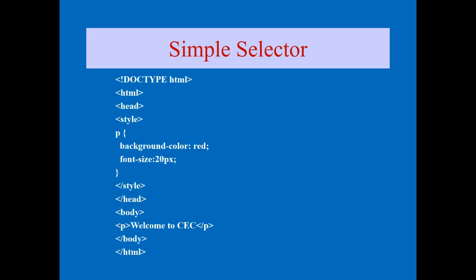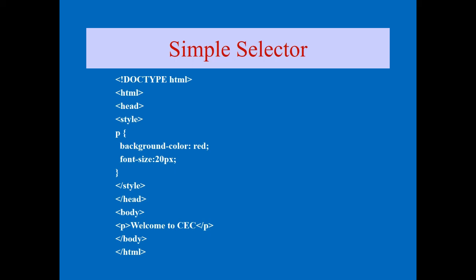This is a very simple example. Same way, after the style tag we can write. So we have written paragraph here, and keep in your mind that elements are generally in small letters. It's a small p, so the same small p you have to use everywhere. If you set the properties with a capital P and use the small p in your HTML5 format, then the impact is not there. We have to keep that in mind. So here both are small. So P, curly bracket, I set 2 things. One is the font size for the paragraph, that is 20px, and background hyphen color I set to red.